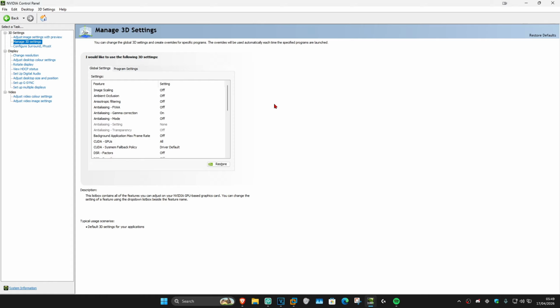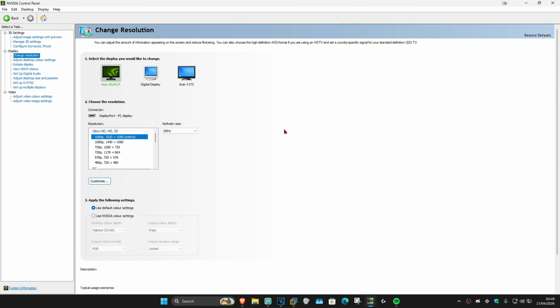bottom right. Next, you want to go to the Change Resolution tab. You want to select your gaming monitor, and then select your optimal resolution and refresh rate, and then click on